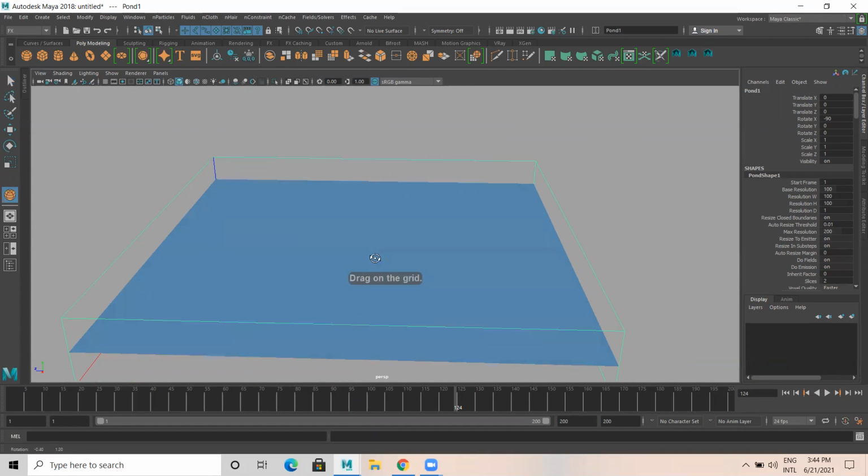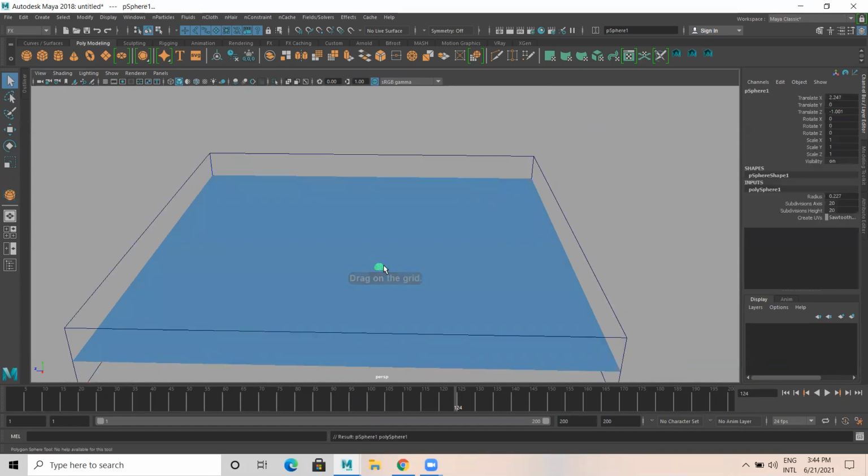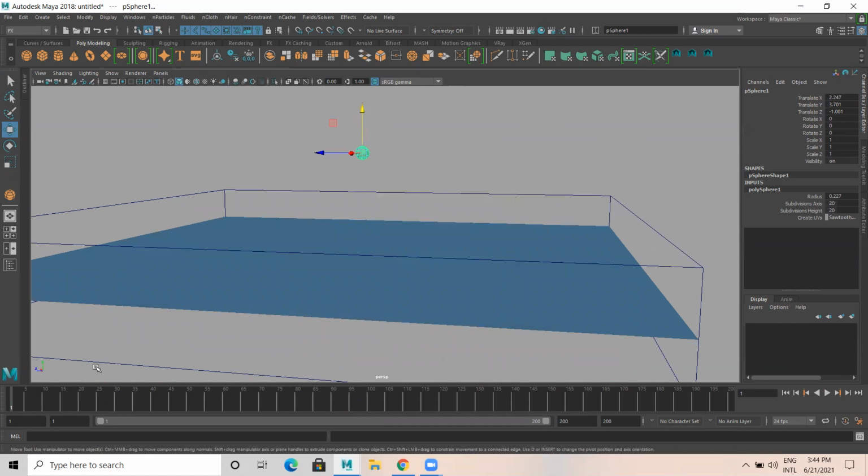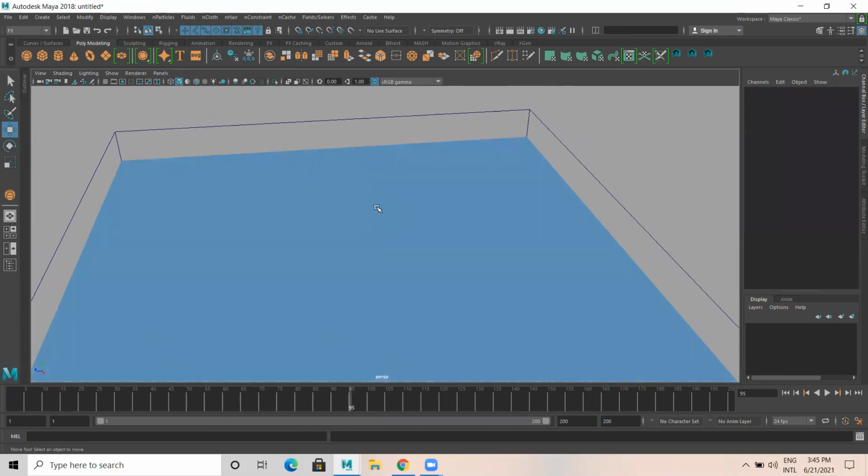Simple example, I'm going to create a simple sphere, just one sphere. Let me animate this. My sphere is over here and I press set key. At 15, I just place it at the bottom, set key. At 35, I place it here, set key. At 50, I place it here, set key. At 70, I place it here, set key. At 95 or 90, like here, set key. Okay, like that.